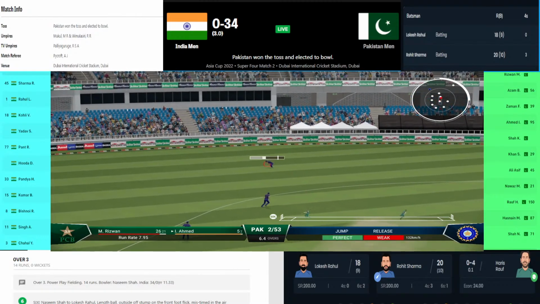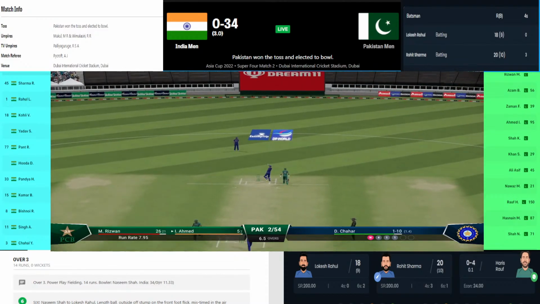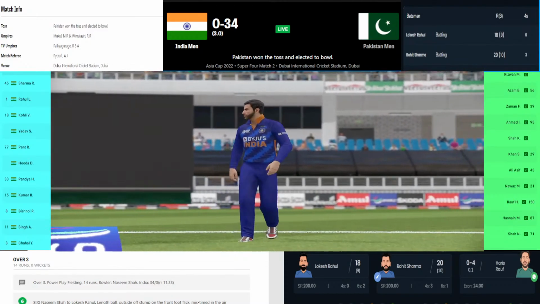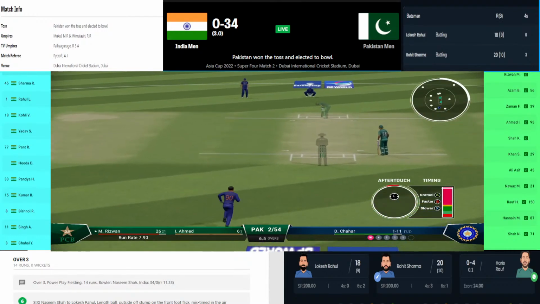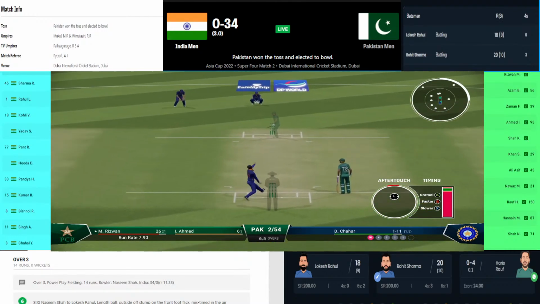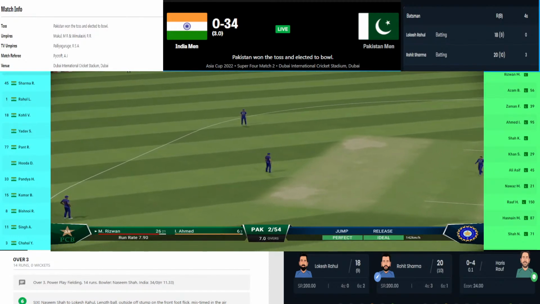First delivery. Oh man, what a shot this is. Beautiful strike over the cover fielders. The ball will go to the deep cover boundary for 4. Wonderful piece of timing from Rohit Sharma at that point. And Haris Rauf gets a warm welcome from Rohit Sharma with the help of that boundary.